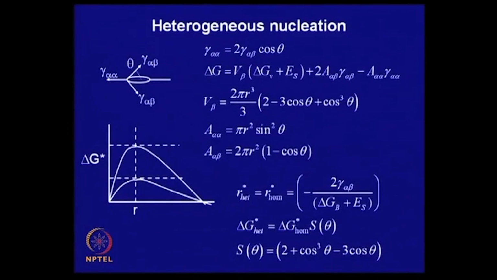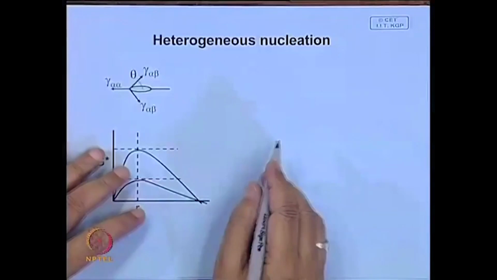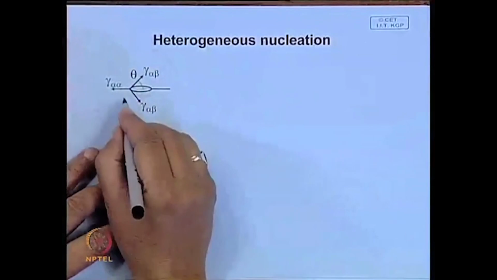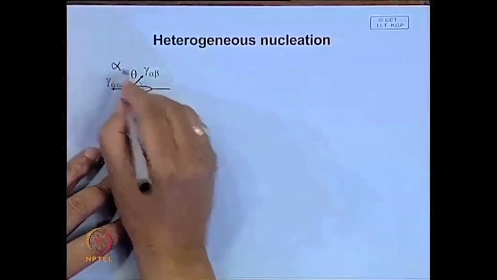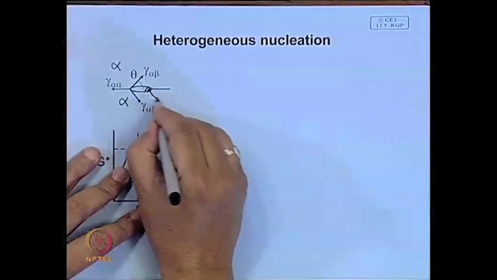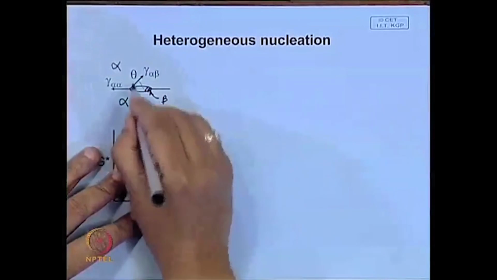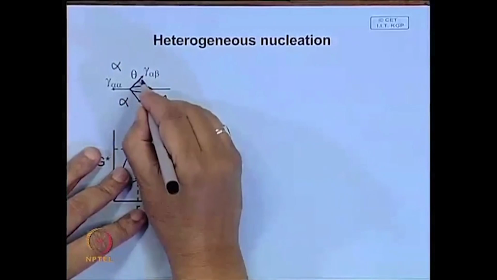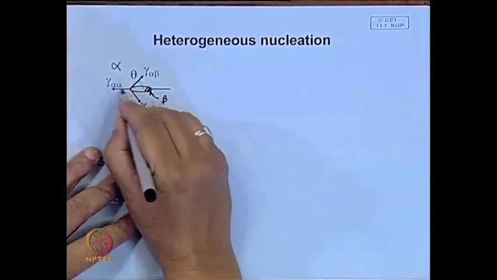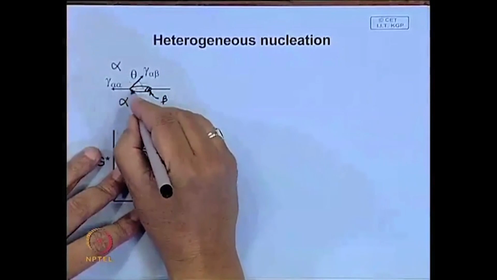Now, let us look in a little more detail at the process of heterogeneous nucleation. When this heterogeneous nucleation takes place, one of the preferred sites is the grain boundary. So, this side is a grain alpha, this is grain alpha, and here you have the beta precipitate which has formed. Now, if we say that this is the angle, it subtends the angle between these boundaries, the alpha and beta boundary here,